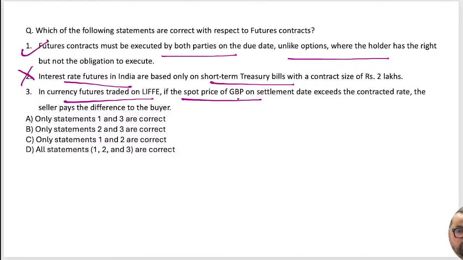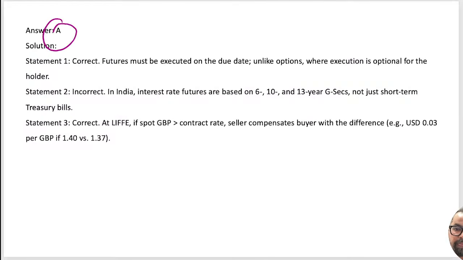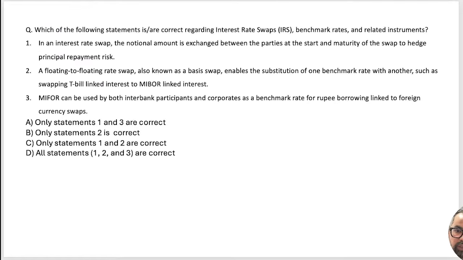The next one is the currency future. If the spot price of GBP on settlement date exceeds the contracted rate, the seller pays the difference to the buyer. If the spot price of GBP on the settlement date exceeds the contracted price, the seller will pay. This will be out of the money for the seller. This should be true. 1 and 3. A should be the right answer for this particular one, right? So it is the case where spot is greater than the contract rate itself. Next one, interest rate swap